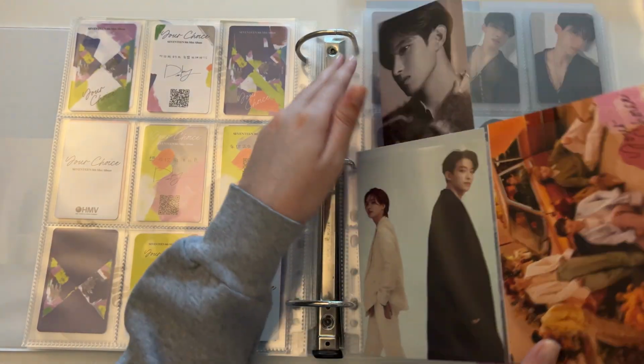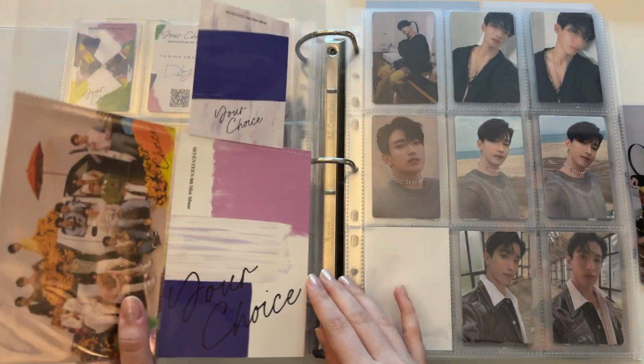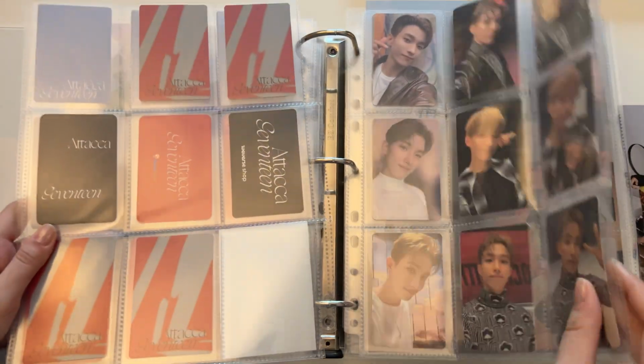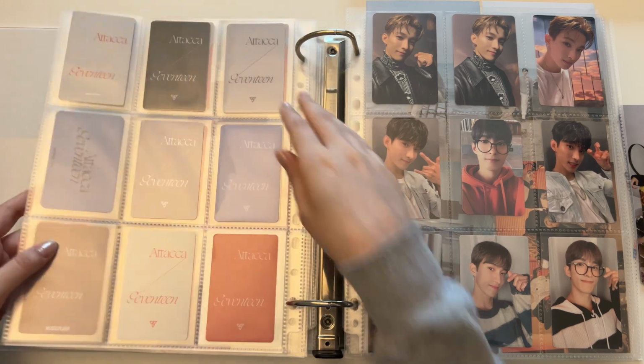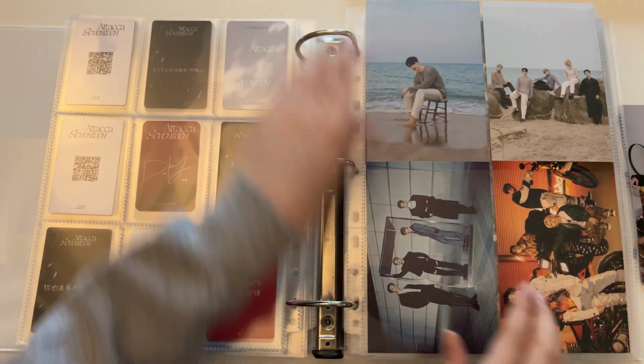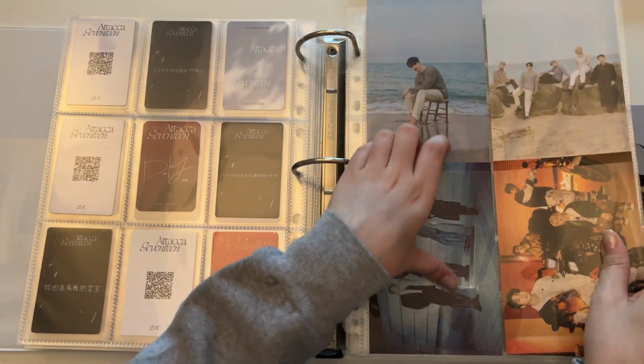So yeah, I am still missing his other 2 postcards for your choice, but I just get them as I get them. And it turns out people keep giving random stuff to me, so it's fine. Okay, so here I am,